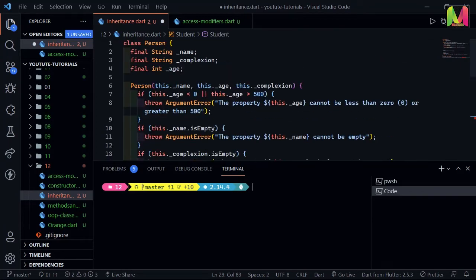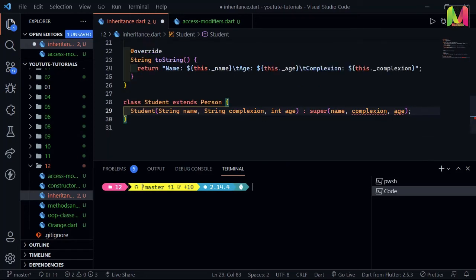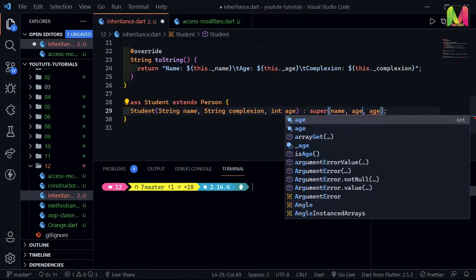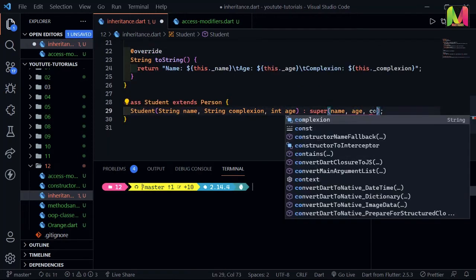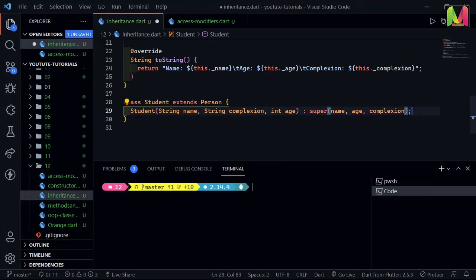Okay, so let me look at the order again. So name, age, and complexion. Okay, so this one should be age, and this one should be complexion. Okay, then